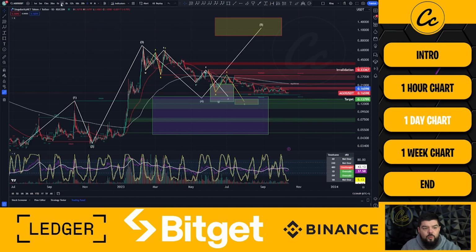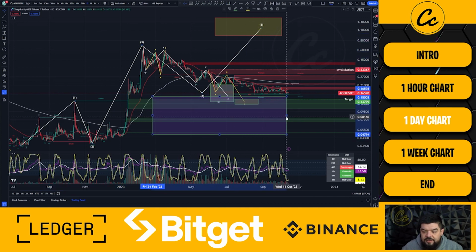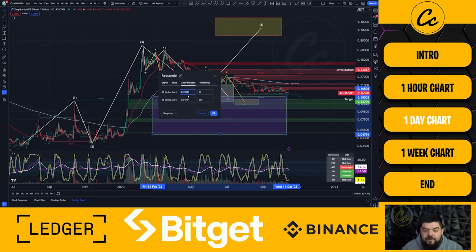When we move up to the 1 day chart, we will come over to KuCoin for the data source for this one. Now we have to take note that we are technically still in this wave 4 structure from the previous pump to the upside. I do not think this is the move in play. I do not think we are in this wave 4. I do think we are on this break to the downside, where we are targeting out a move to 15.003